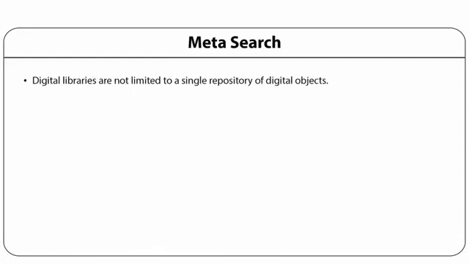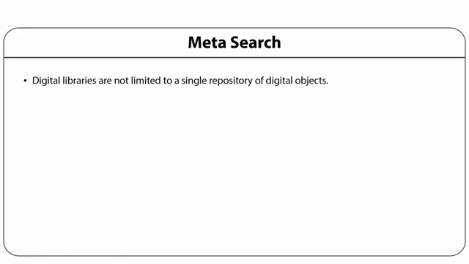In a nutshell, Simple Search provides options for searching on all bibliographic fields, grouping results by archive or collections, and sorting the search results on various fields. Advanced Search focuses on searching specific fields with more complex search queries and filter options. Full text search includes indexing of the full text content of the items along with the metadata fields for deeper searching. Intelligent search provides functionality like auto suggestions, spell checkers, and similar item suggestions. Meta search. Digital libraries are not limited to a single repository of digital objects.